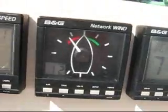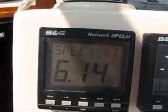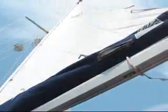Okay, this video is to talk a little bit about sail trim and telltales flowing, since Craig Rose are wanting to hear about telltales. And so here's a little view looking up at the main. Now this is what you want to see when you look up at your mainsail. If I zoom in, you can see the telltales on the leech here are still streaming. They're not hooking back over to the back, meaning the wind is attached on the front as well as the